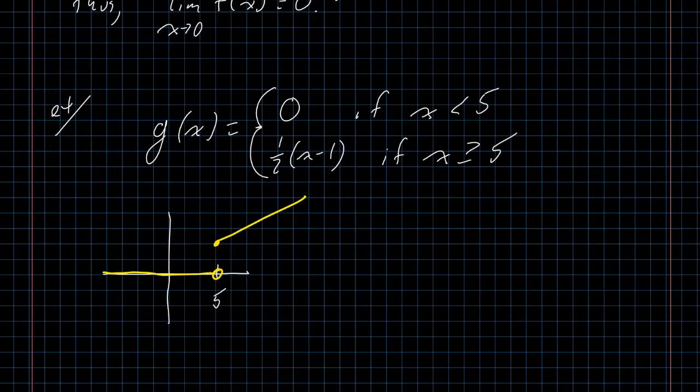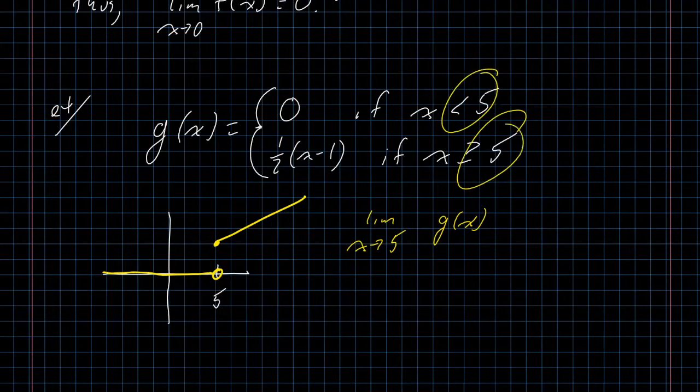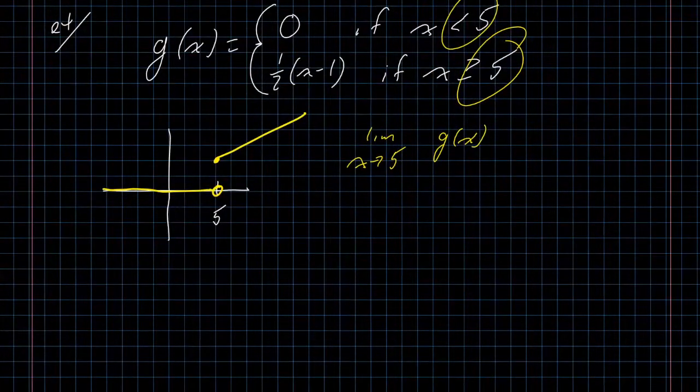So we know that the limit should be ill-behaved at this point. But we can verify that by analyzing the limit as x approaches 5 of g of x. And again, because this is a piecewise defined function, it has two different values near 5. That's where it jumps from one to the other. That's how you know that you should analyze this by looking at one-sided limits. The limit as x approaches 5 from the left of g of x, and the limit as x approaches 5 from the right